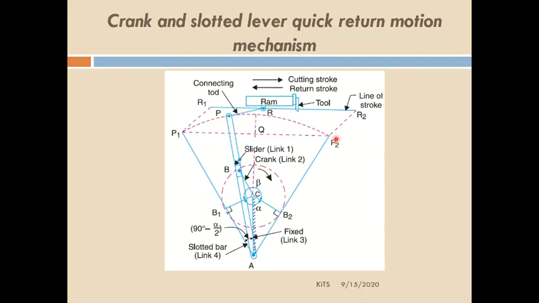Okay, at extreme position, the crank will make 90 degree to the slotted bar. This is the crank position. Okay, this is CB is the crank, and CB2 and CB1 are extreme crank position. So this crank will make 90 degree when the slotted bar is at extreme position. Similarly here also, when the slotted bar is at extreme position, crank will make 90 degree. Okay. So as usual here also,